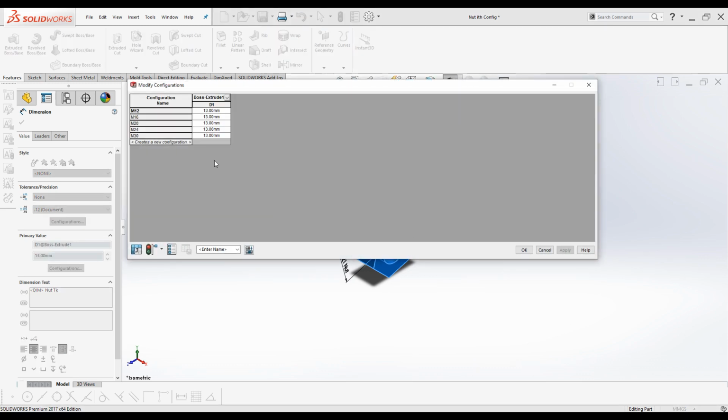Now for the nut thickness, for M12 nut the thickness is 13, and for M16 nut the thickness is 17, and M20 nut the thickness is 21, and M24 nut the thickness is 24, and M30 nut the thickness is 31. Click apply, click OK,